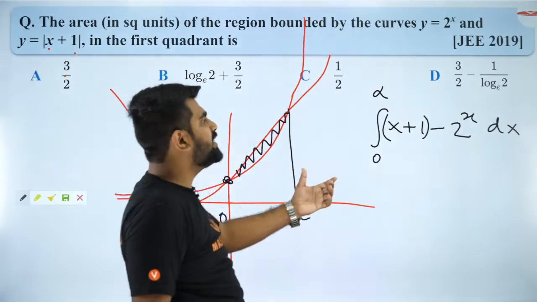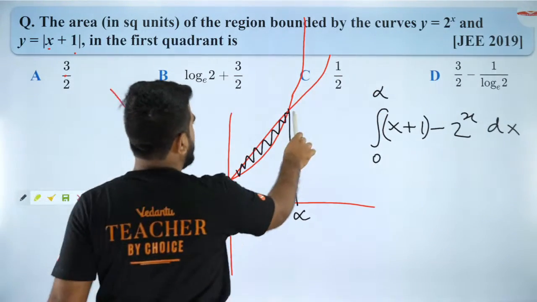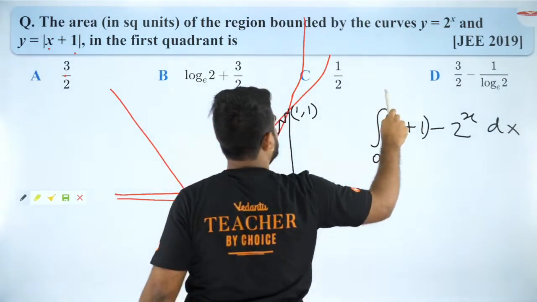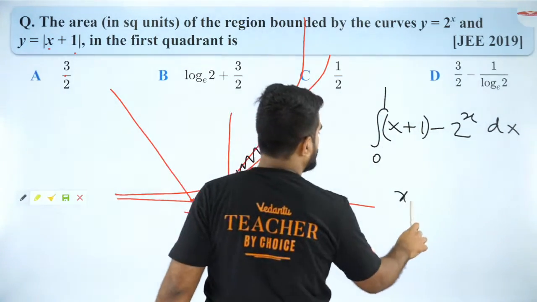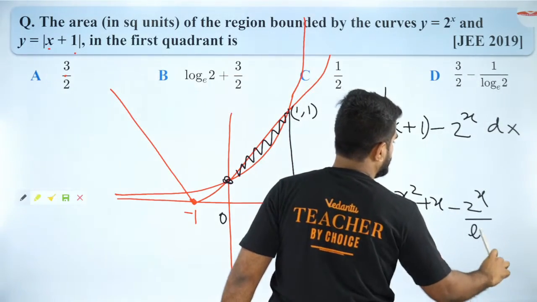Now, how do you get the alpha value? Where else will they meet? They will meet at (1, 1), na? As simple as that. So alpha will be 1. So that's it. It's going to be x square by 2 plus x minus 2 power x by ln 2